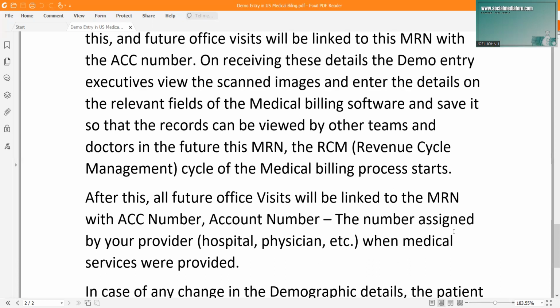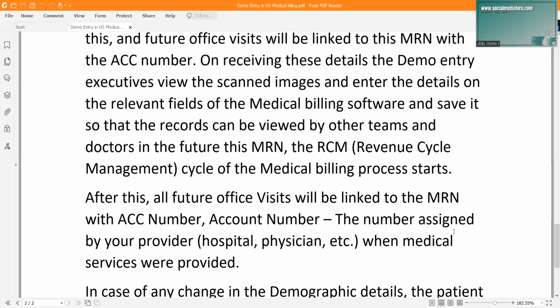So all these forms, as you have uploaded them, in future, when the patient comes next, once the ACC is there, it will be going through. And also the insurance expiry date, you are going to add it. That's very, very important. If the insurance is expired, then you cannot claim. And in case of an employee plan, if the employee gets terminated, on that day itself the claim will come to an end. So on those cases,